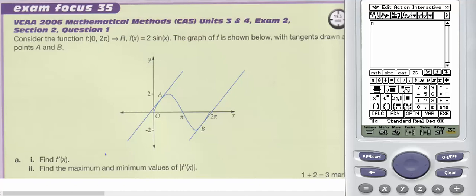So just to double check that, I have 2 sine of x. I selected 2D, calculate derivative with respect to x. That gives me an answer, in radians, of 2 cos of x. And if I was looking for the modulus of cos of x,